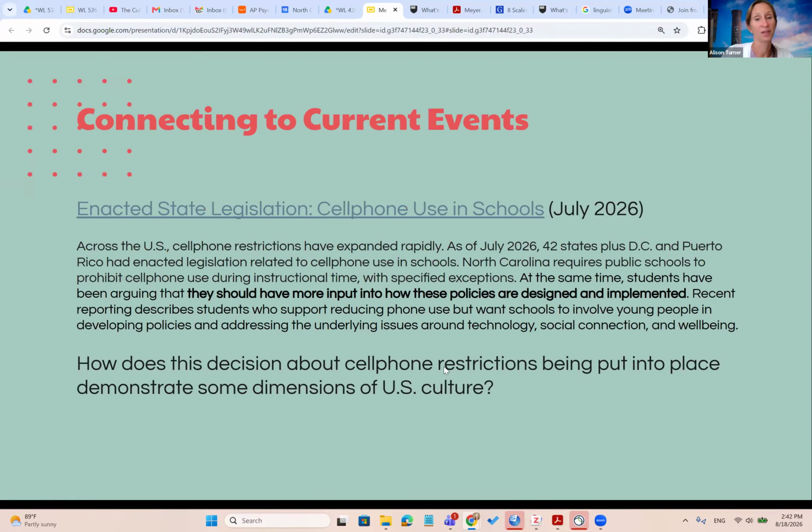So, to connect this to current events, I've been thinking about the cell phone ban in schools. It is in effect in North Carolina, I think, as of last spring semester. And I know that my children are not allowed to have cell phones in school. It's something that I support as a parent. But when it was put into place as of July of 2026,